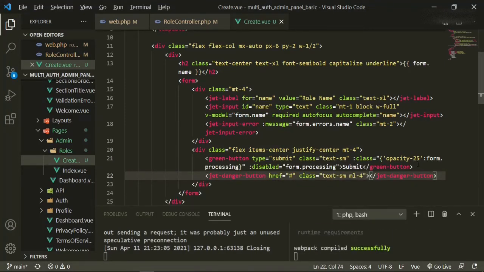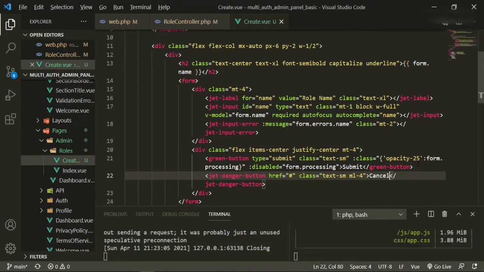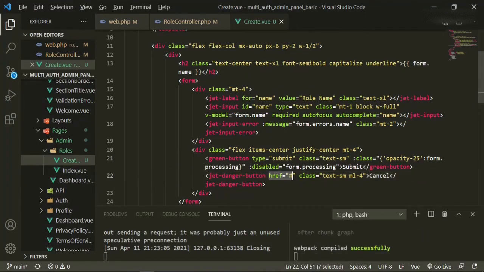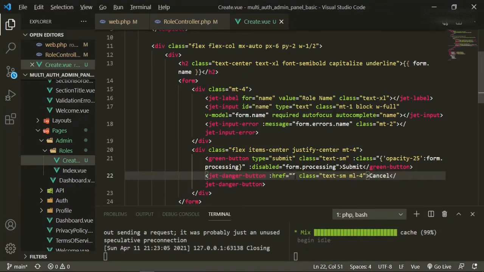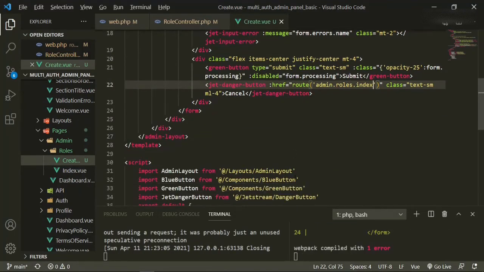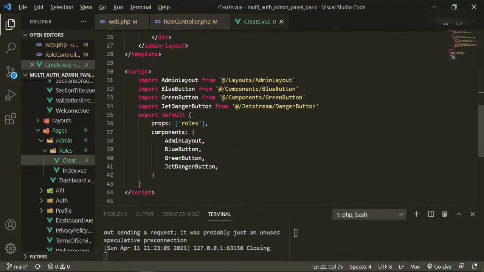Okay, and then in here we're just going to add cancel. We can actually change this href now. So this one will be href equals route admin.roles.index.